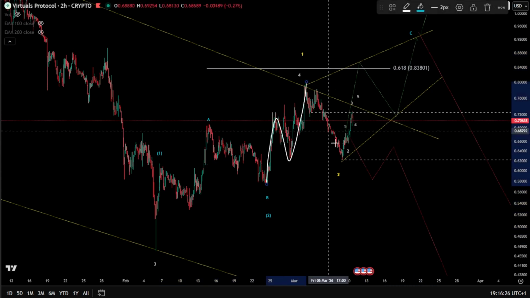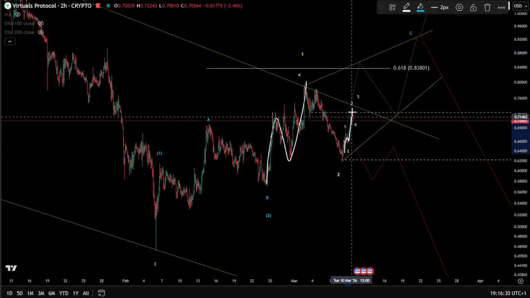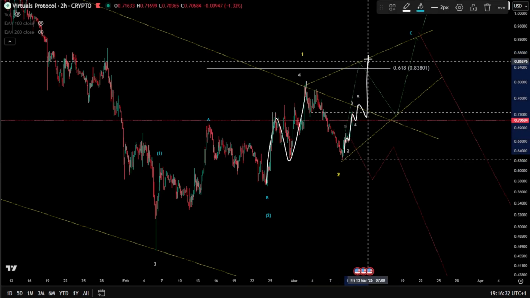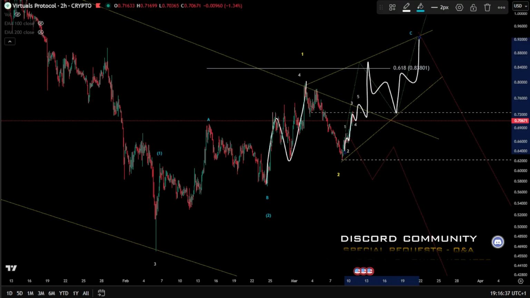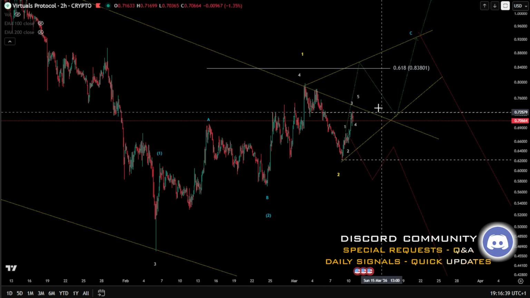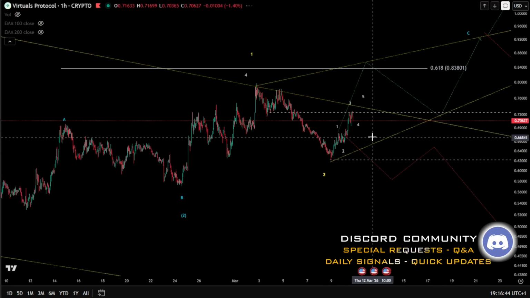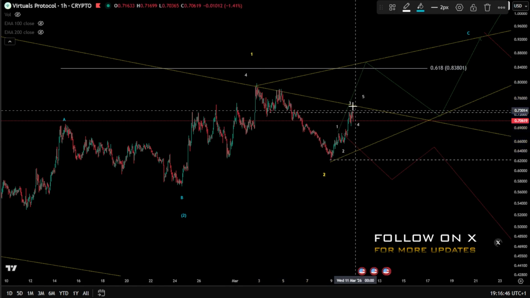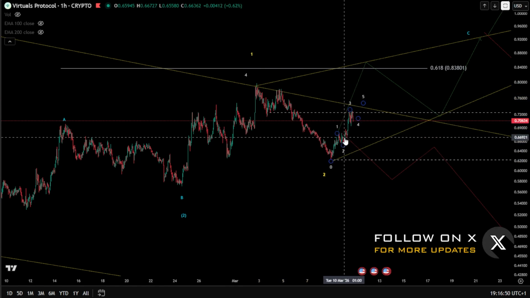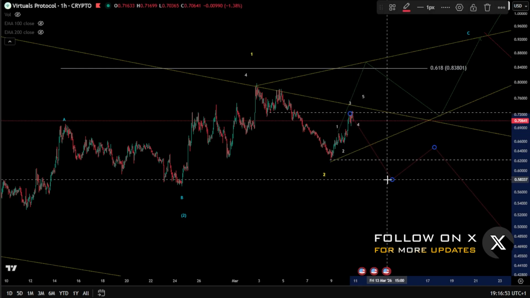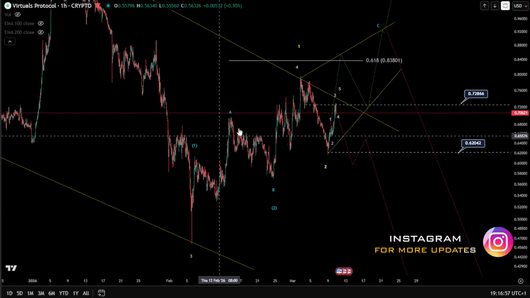So we're expecting zigzags, and you're expecting also here a zigzag. You want to finish this impulse 1, 2, 3, 4, 5, wave B, wave C for wave 3, and then 4 and a 5. So this is my highest probability so far, since we got a confirmation that the impulse downward is invalidated. It can still be something corrective. I'm not saying that it cannot be something still corrective and pushing downward, because this is a very complex structure, I would say.